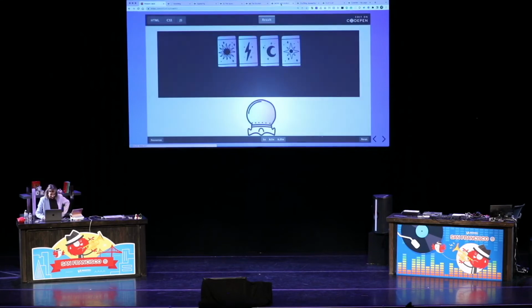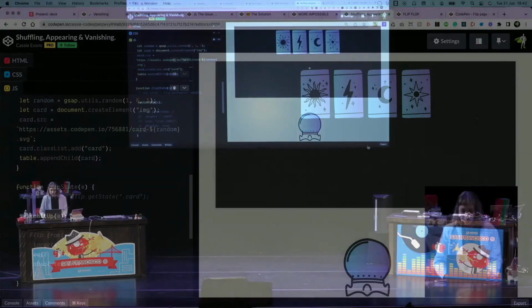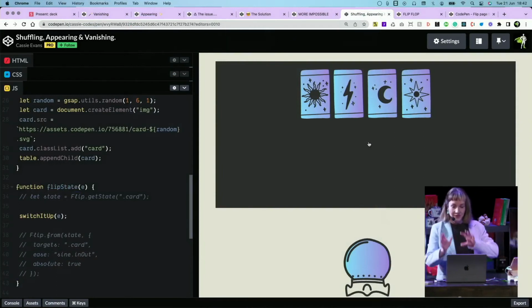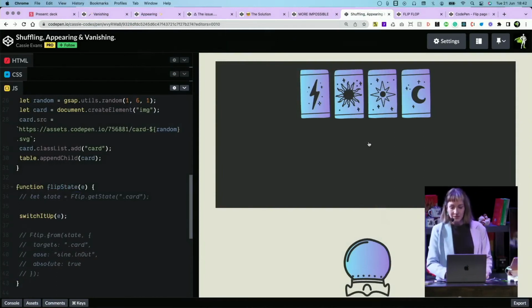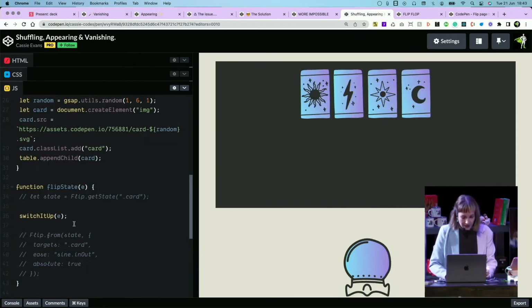Where's this one? Okay, so if we want to add and delete things, it can be a little bit awkward. So right here, we've got a table with all of our cards on. And if we click on the table, those cards are shuffling. And if we click on this little magic ball, it's going to add a card to the table.